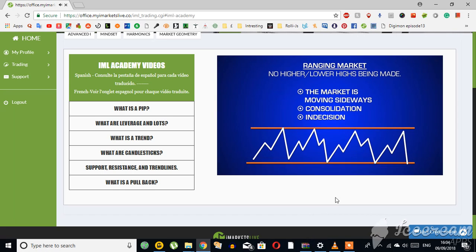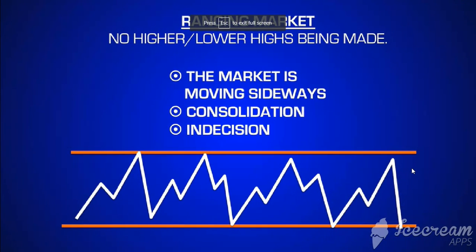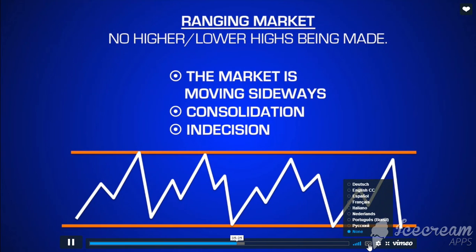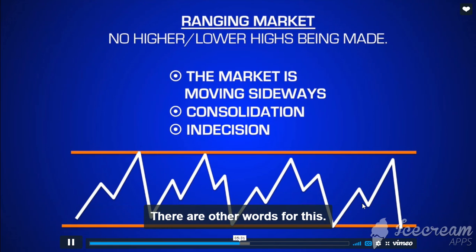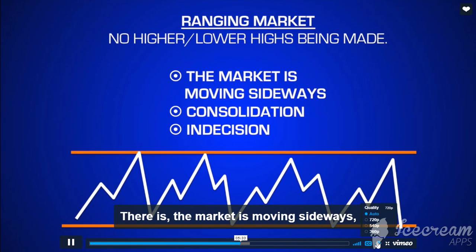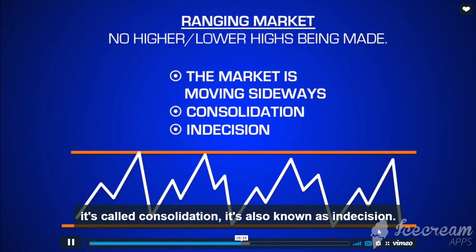Next, you have what is called a ranging market. This is not trending. So you see how the market is moving sideways. It's just going up and down, but it's not really going upward in any kind of direction with any kind of momentum, or downward with any kind of direction and any kind of momentum. There are other words for this. The market is moving sideways. It's called